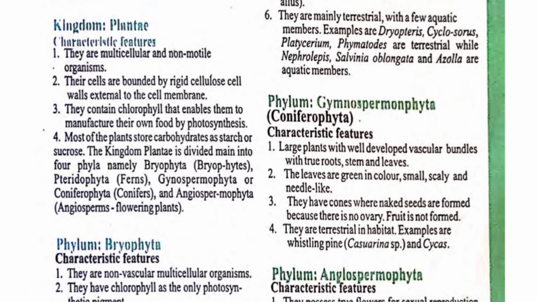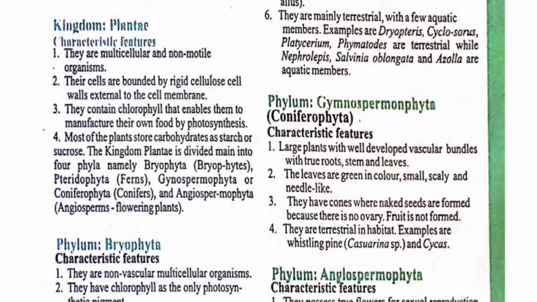Their cells are bounded by rigid cellulose cell walls external to the cell membrane. That's what gives them the rigidity and structure they have. They contain chlorophyll that enables them to manufacture their own food by photosynthesis. You know that they are the producers of the ecosystem, right? They produce food by photosynthesis, utilizing the sun's energy. Most plants store carbohydrates as starch or sucrose, and the kingdom Plantae is divided into 4 phyla, namely,